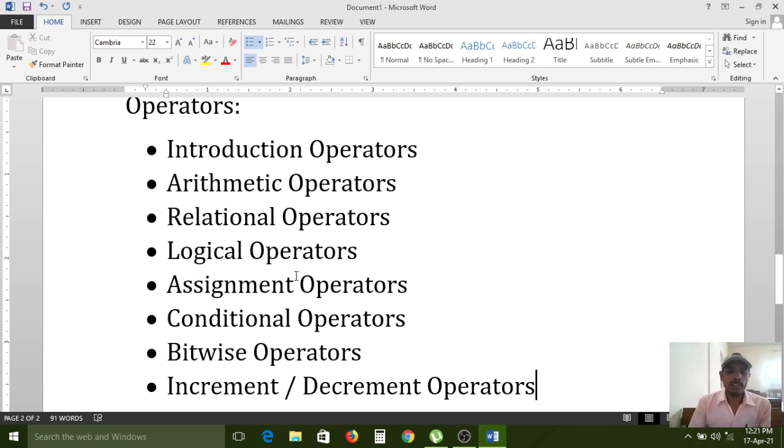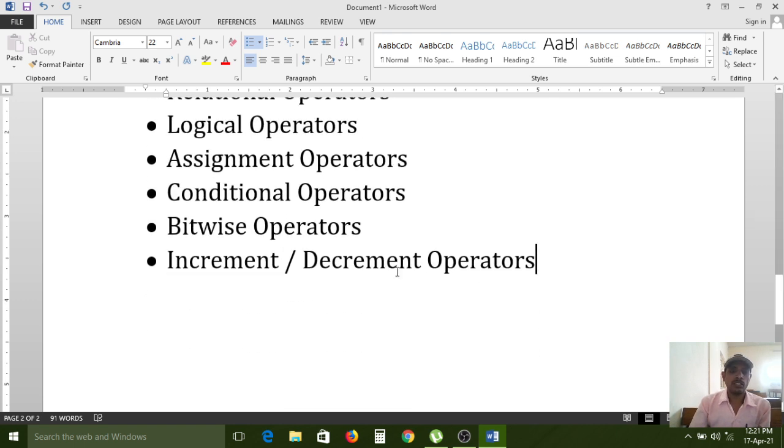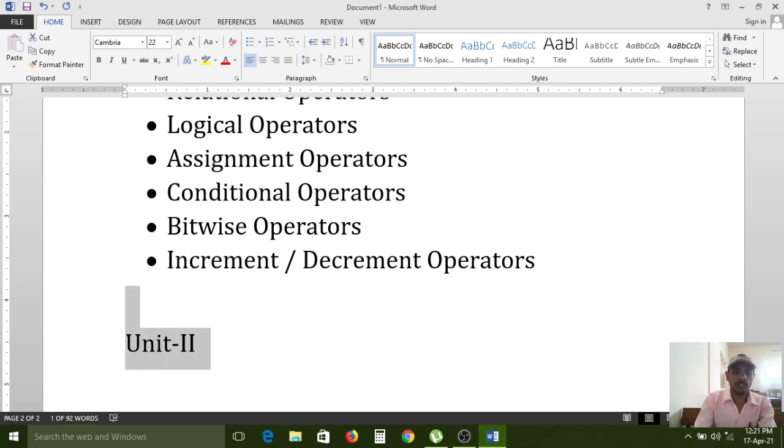C language provides different types of operators to write any C program. So first unit completed. Next, unit 2.